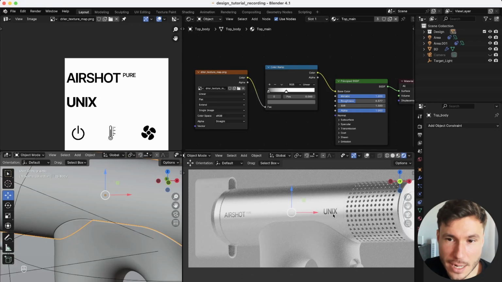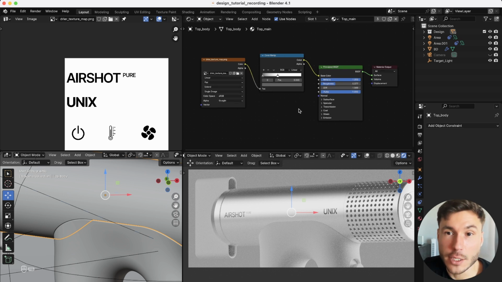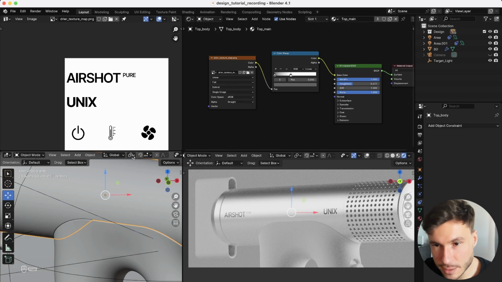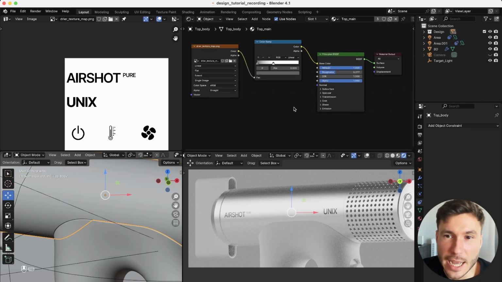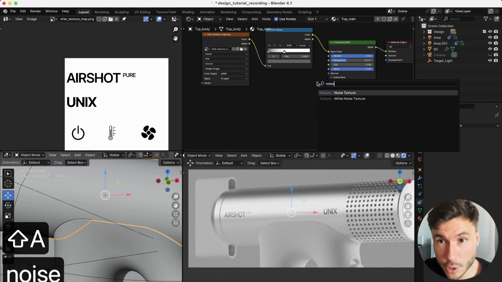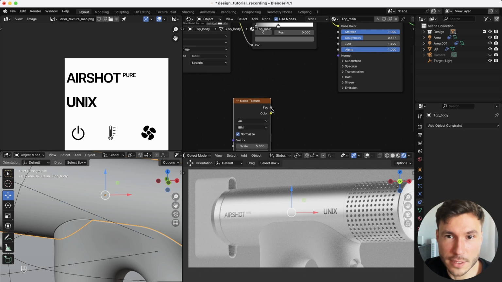And now what I want to do is, because our texture is correct here, right? Now I just want to bring a little bit of this super tiny bump texture, and you will see with the lighting, maybe now, maybe later, that it will really create a little bit of a better feel. Just go here to the main material, Shift A, and bring in a noise texture. And this noise texture, we want the factor to go into the normal,